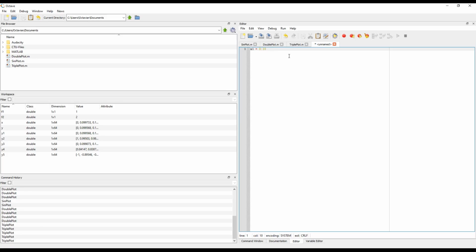Actually, we don't even need an x for this one. The first graph I'm going to make is a bar graph. So let's say y1 equals some random values, like 5, 6, 3, -9, why not, 10, 4. And then for bar, let's make this a new figure, f1 equals figure name